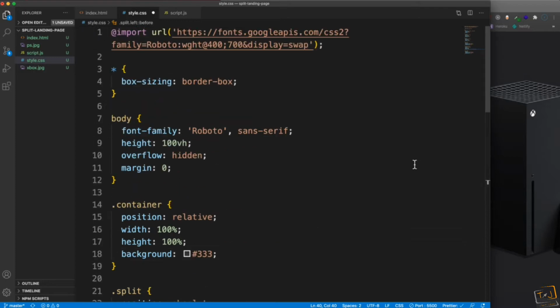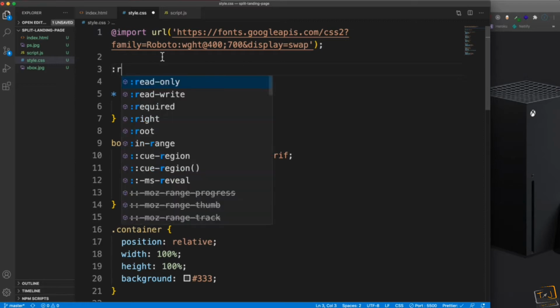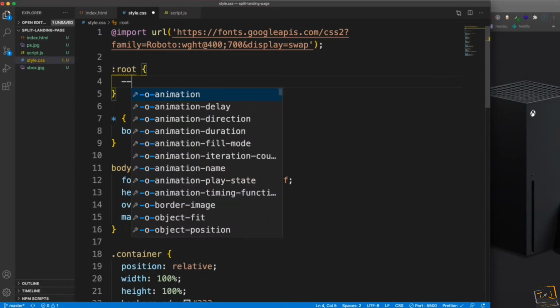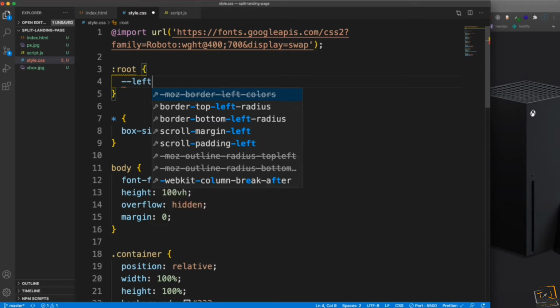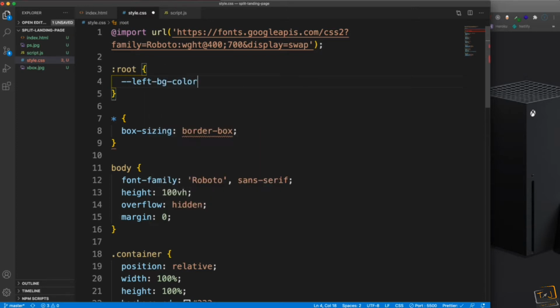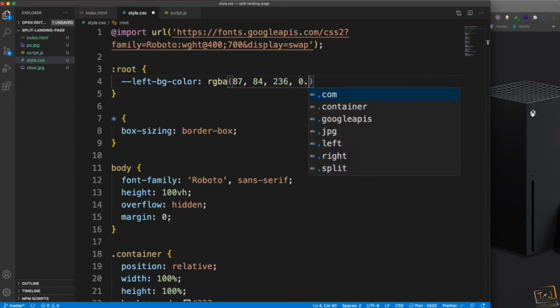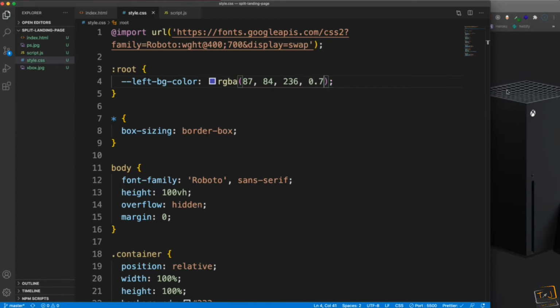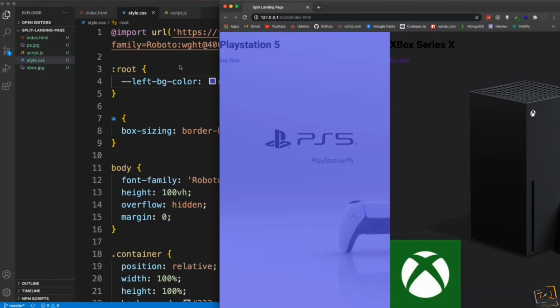Okay, and then let's go up to the top here, and we want to define on our root scope dash dash, what do I call it, left dash bg dash color, and it's going to be RGBA, red green blue alpha, because we needed to have some transparency so we can see the image behind the overlay. So the color is going to be a bluish color, so 87 for red, 84 for green, and 236 for blue, and then for the alpha value will be 0.7. Alright, so if I go ahead and save that, now you can see we have this blue overlay,